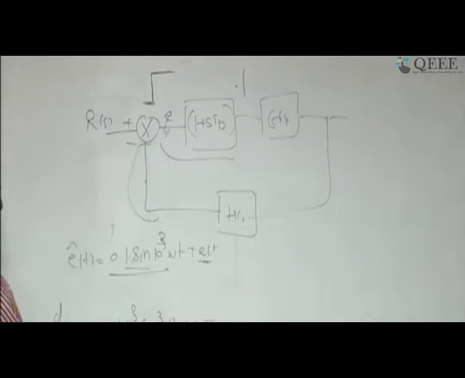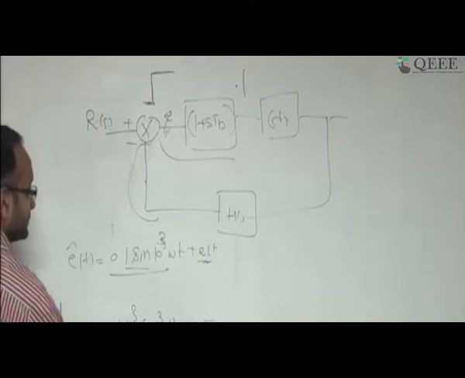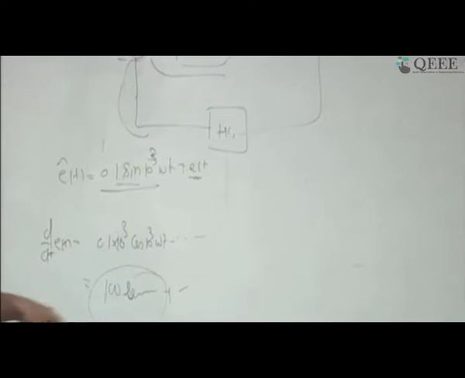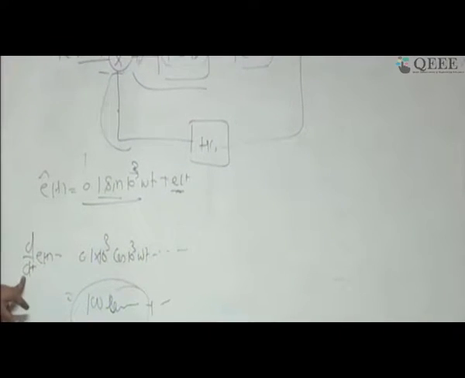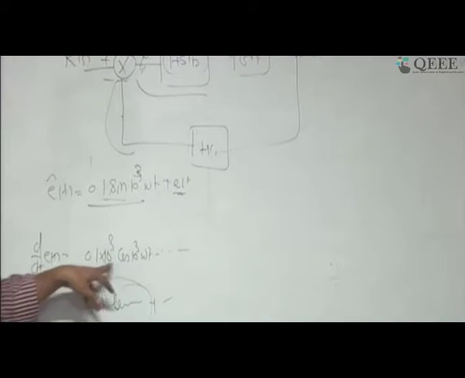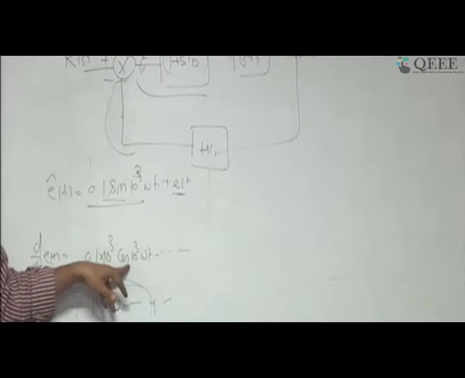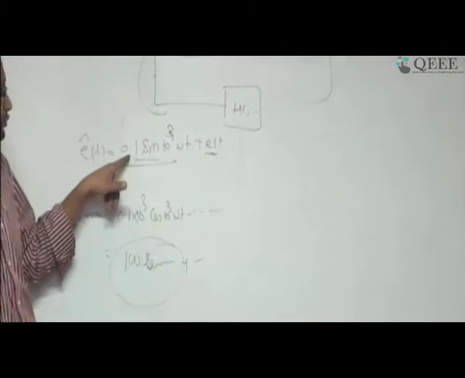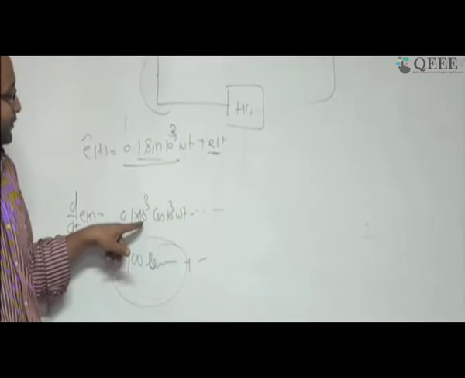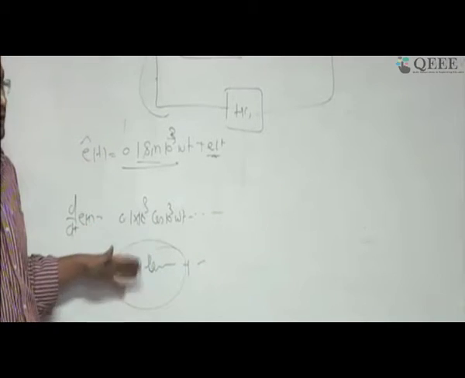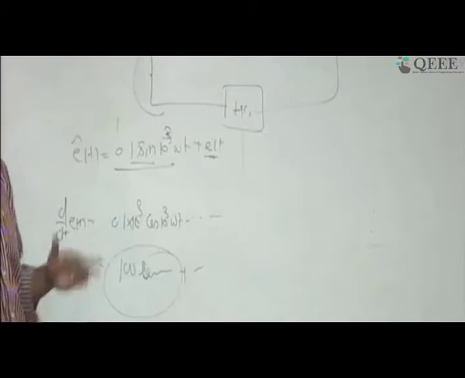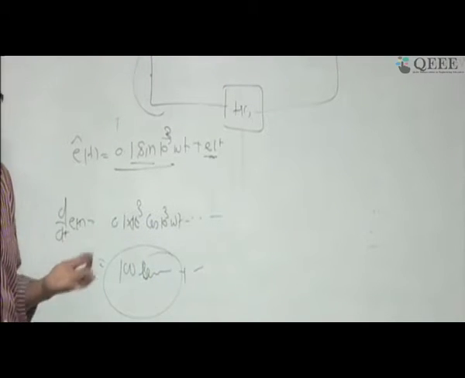Now, if you look at it, this is going to be your 100 cos term plus e(t). So look at the amplification of the noise, which has increased here because of the derivative term. This part is clear, because if you take a derivative, a sinusoid becomes some sinusoid, but the magnitude has increased. Earlier it was 0.1, now it has become 0.1 times 10^3, meaning 100. So the noise gets emphasized in the derivative term.